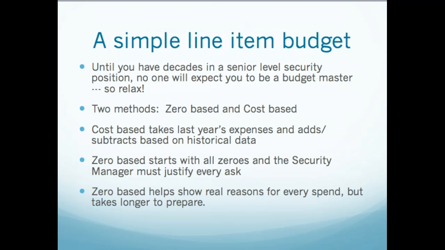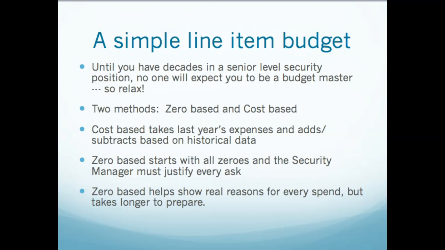We didn't capitalize it, right? We just replaced ones and twos, but those should be good. So I should spend less this year. I can knock that down a little bit. Or I know that the batteries are starting to fail. I don't have to replace the radios, but the batteries are starting to fail. And we haven't replaced them in the last couple of years. We better put a little extra in that. That's what cost-based is. You're taking your experience from what you have spent before and adding and subtracting a little bit from it based on what you expect your cost to do in the next year when you prepare your budget.